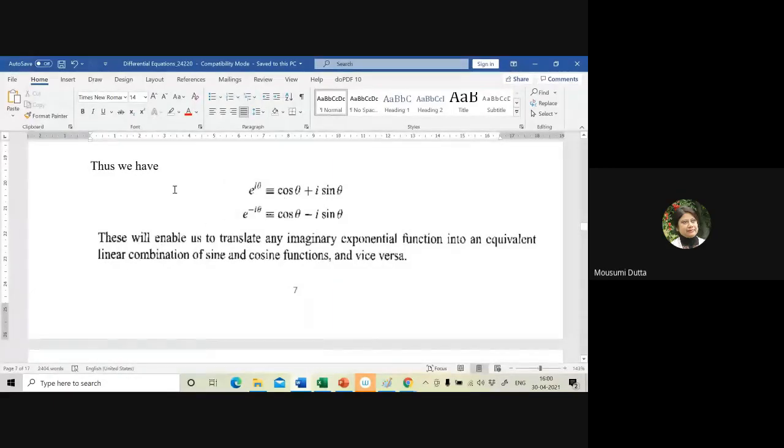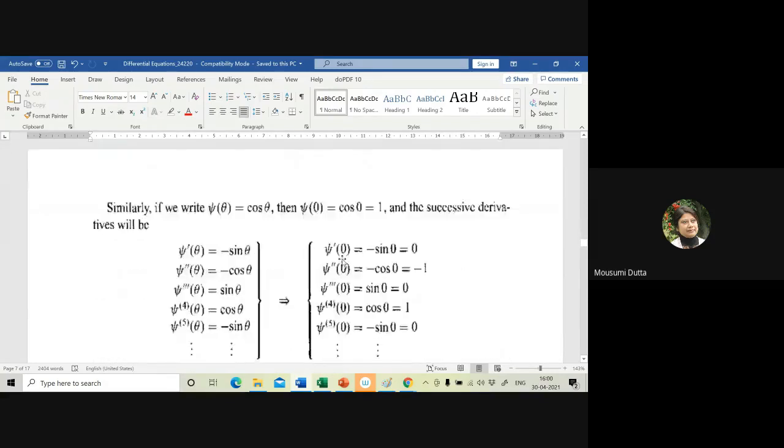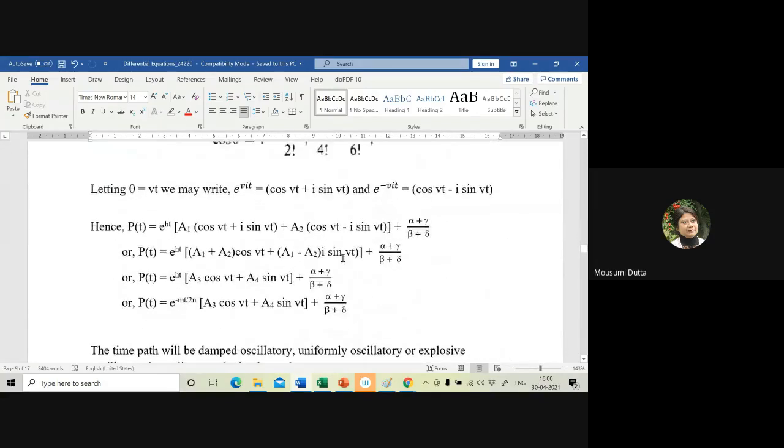So thus, as you mentioned, e to the power i theta is cos theta plus i sin theta, and e to the power minus i theta is equivalent to cos theta minus i sin theta. These will enable us to translate any imaginary exponential function into an equivalent linear combination of sine and cosine functions and vice versa. Okay, so before coming to all these things,